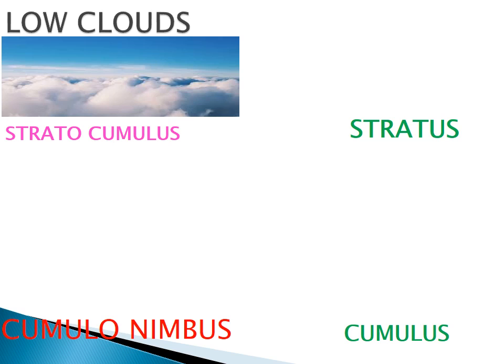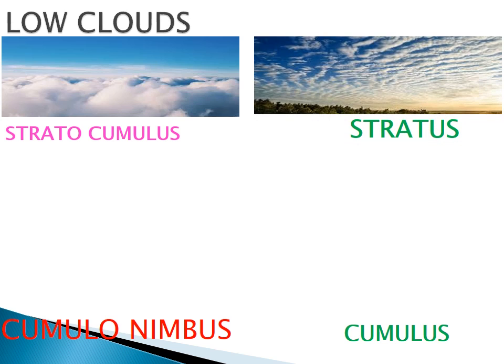You see the weather condition is very clear, yes or no? Clear sky, you see that? This is the picture of stratocumulus. And the next one is stratus. This is the picture of stratus. Dense low-lying fog-like clouds associated with rain or snow.